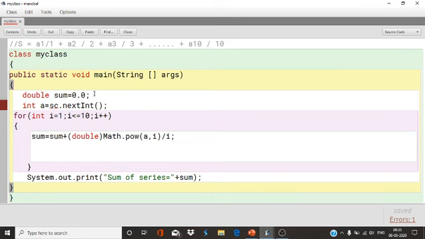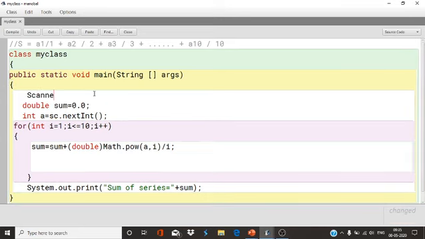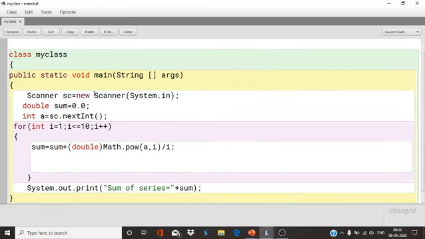When you declare the Scanner class, Scanner sc equals new Scanner(System.in), and after giving this you also have to use the util package. So import java.util.*.